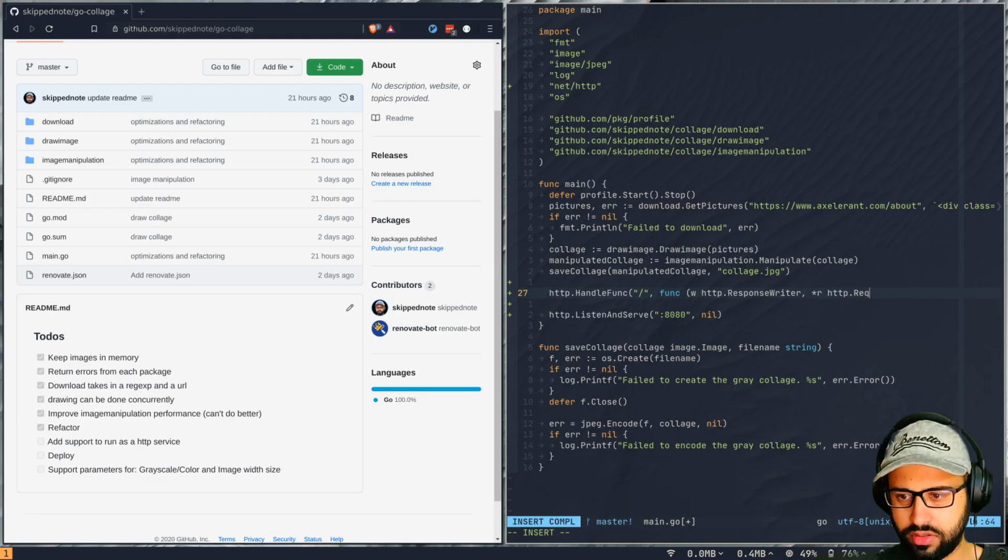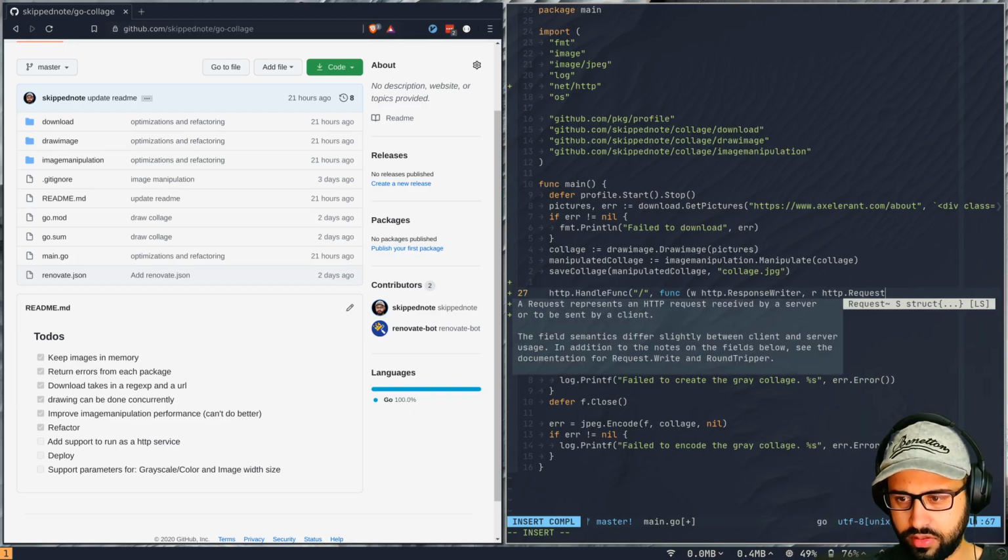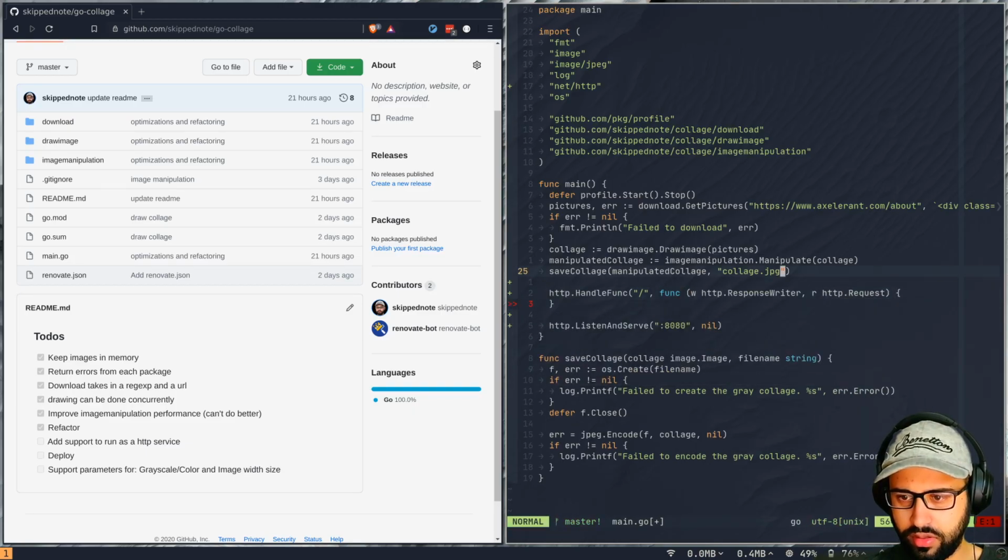This is the signature, although it's not really doing autocomplete here. The star is on the http.Request, not on r. So this should be fine, and if I close this off,